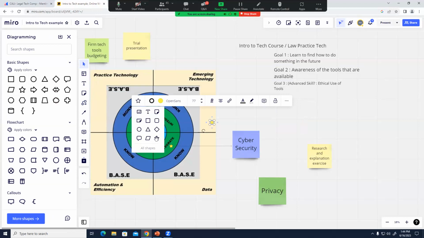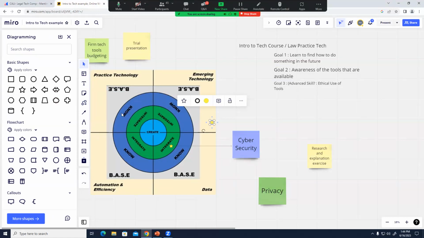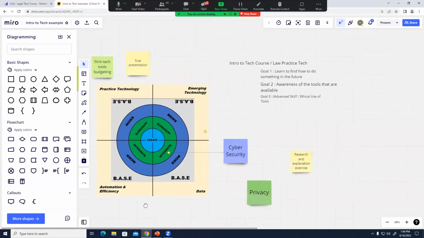What's the difference between practice technology and automation efficiency? We usually use practice technology as shorthand for things that are just fundamental to practice, whereas automation and efficiency are things that actively automate everyday processes. So there's some overlap. So client management and billing is which? Practice management, or practice technology, right? Like matter management,